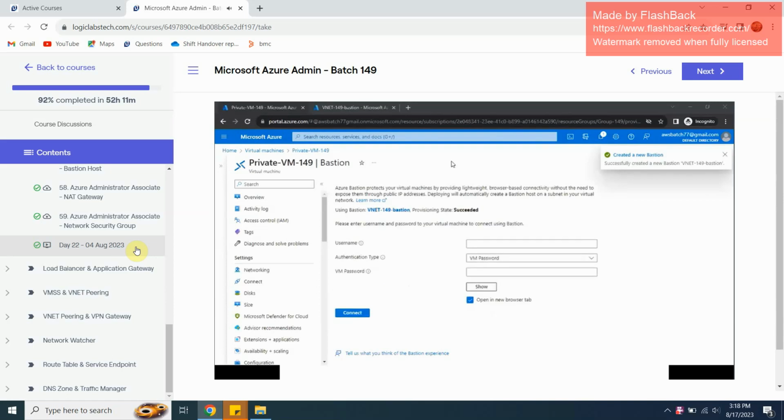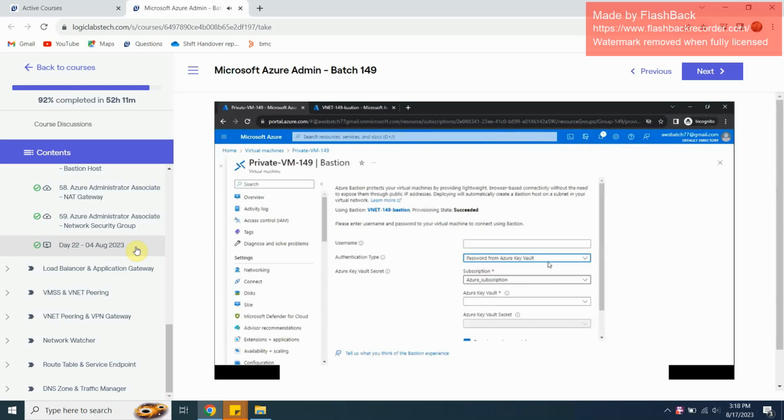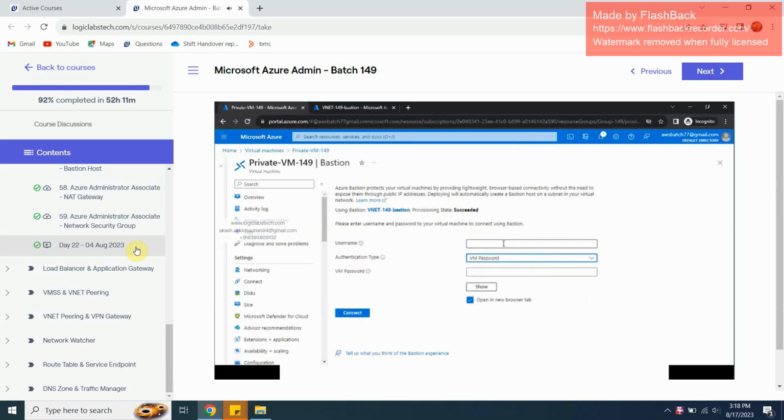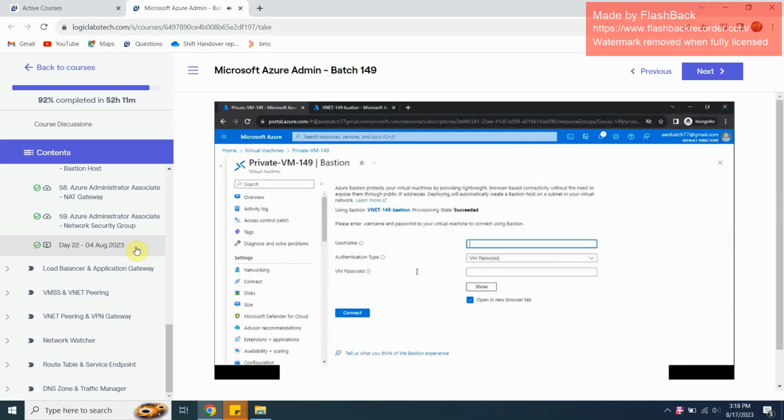So finally, our Bastion is ready. And now if you see here, it is asking for username and password. If you are using a key, we can directly upload our key also. And if you store that particular key or password in Key Vault, directly we can use from there also. But I didn't store anywhere, so I have my username and password. I can give it and I can connect. So when I click on connect here,